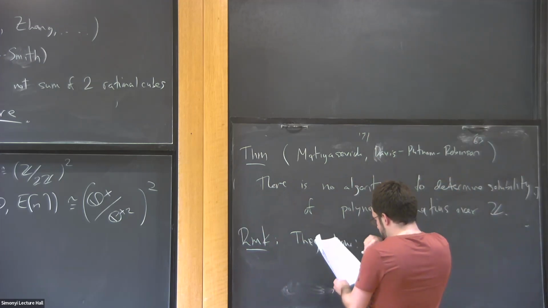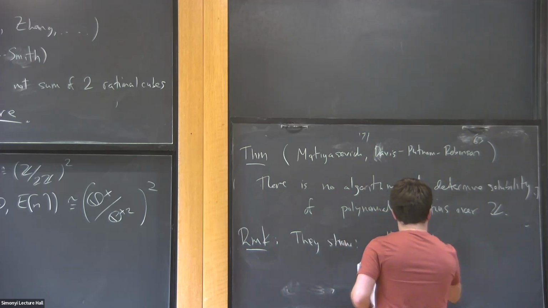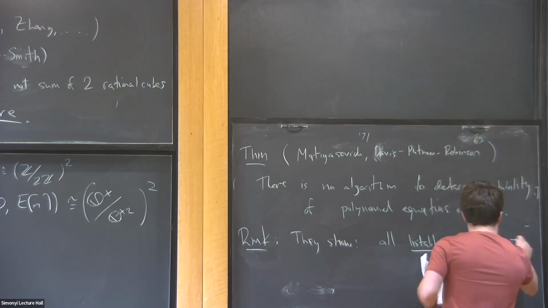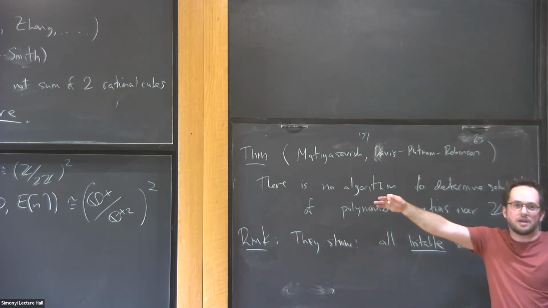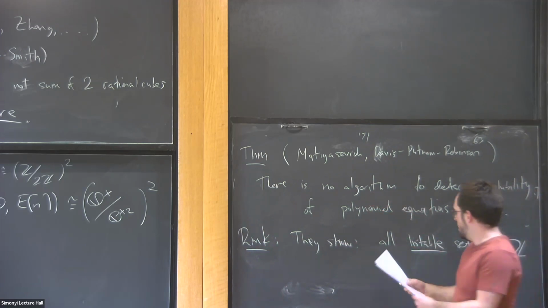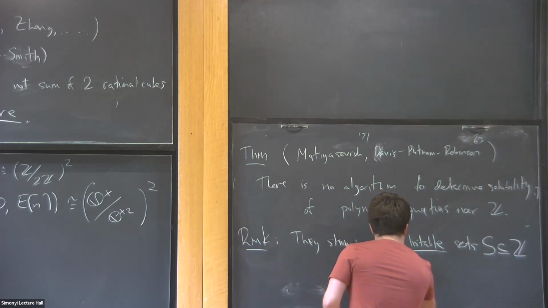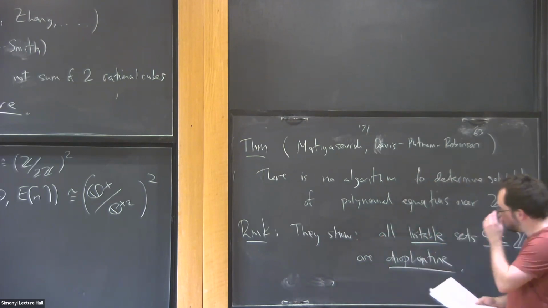So what they really show is that all listable sets, in other words, sets that could be spit out of a Turing machine, a listable set is just any set for which there exists a Turing machine such that when you run it indefinitely, it spits out that set. They show that all listable sets are Diophantine,